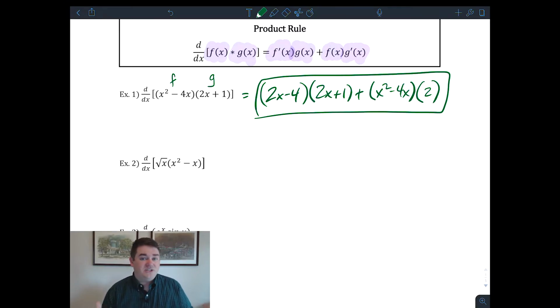Now, does that mean we don't need to know how to simplify? Of course not. Multiple choice questions almost always have simplified answer choices, so we need to know how to simplify. But it's also important, especially because we're talking about a timed test here, to know when you're allowed to stop